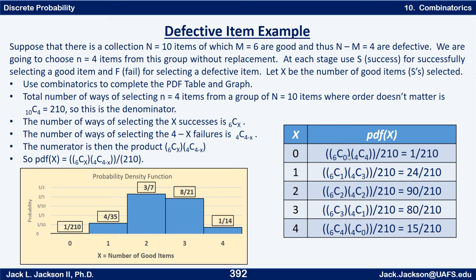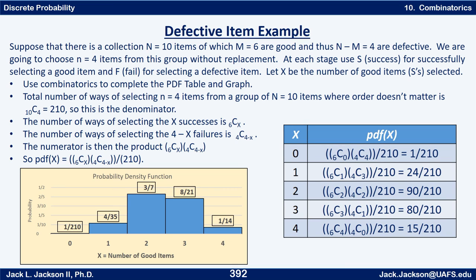So if we work these out, 6 choose 0 is 1, and 4 choose 4 is 1. So this is just one way of getting 0. That's 1 over 210. 6 choose 1 times 4 choose 3 is 24. So 24 over 210 is the probability of getting 1 success. 6 choose 2 times 4 choose 2 over 210 is 90 over 210. That's the probability of getting 2